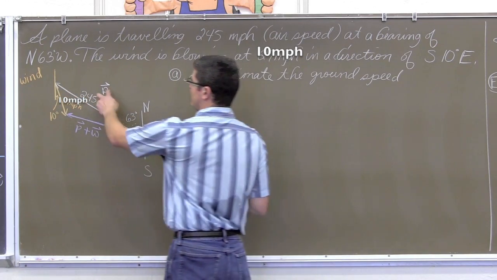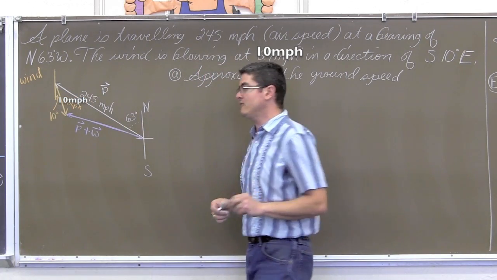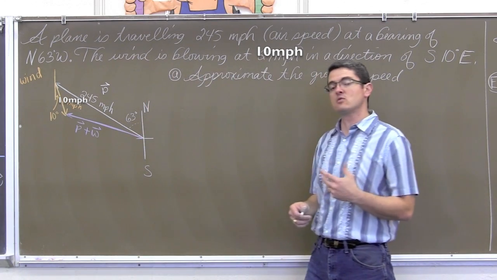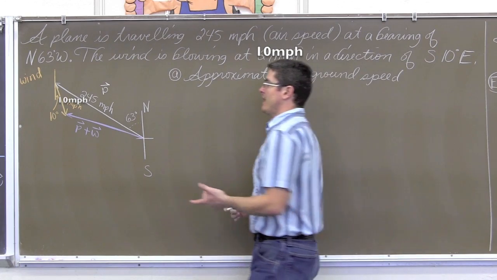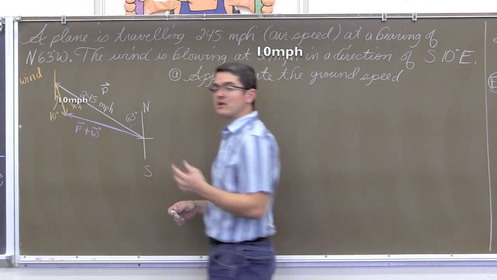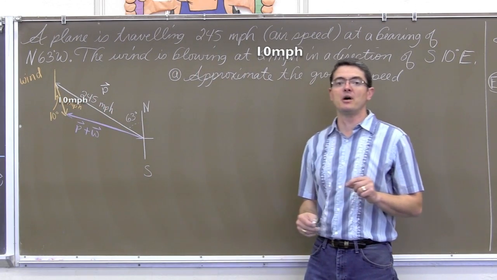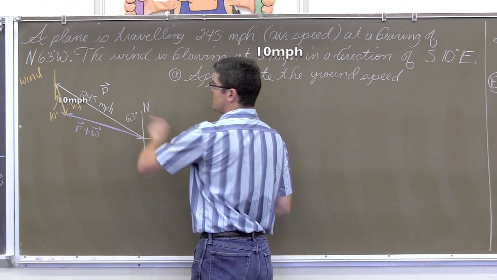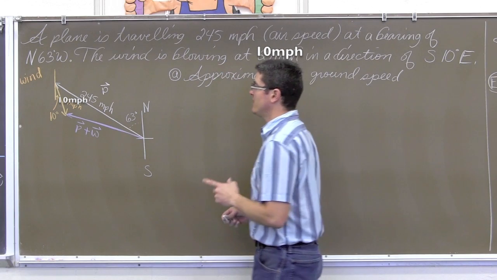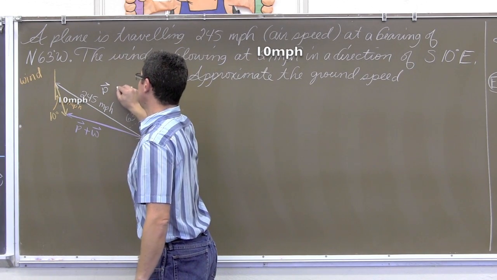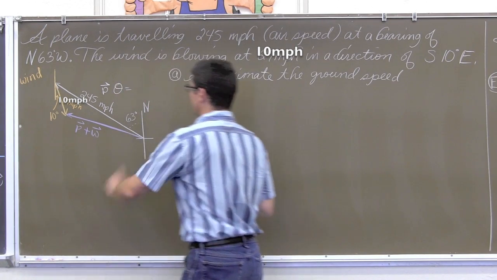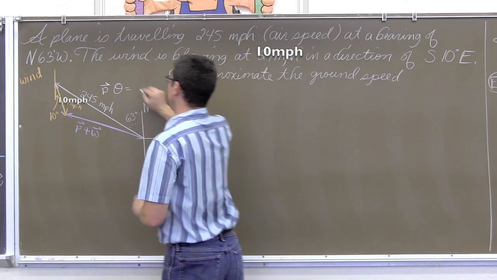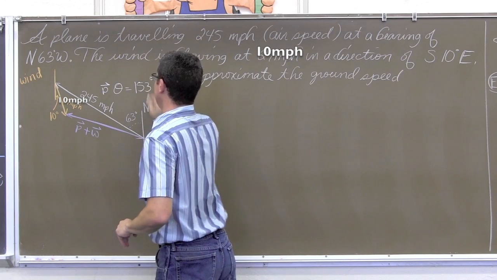So we have a plane vector with an amplitude of 245. We have a wind vector with a force or magnitude or length of 27 miles per hour. And with magnitude, we need direction. Now, not bearing direction, but standard position rotation. So if it's north, 63 west, that is actually going to be an angle measure for the plane vector of 90 plus another 63 degrees, which is going to be 153 degrees.